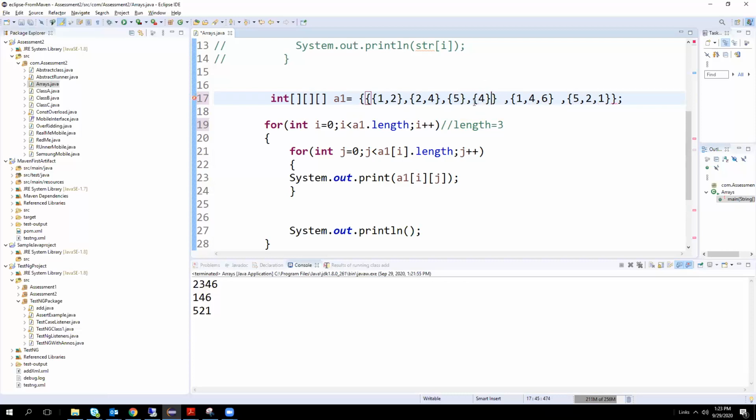Simply you are assigning one more set of braces like this, and it will be taken as three-dimensional, but there is only one element available at the second level of index. So there will be no change in the index of the third array.